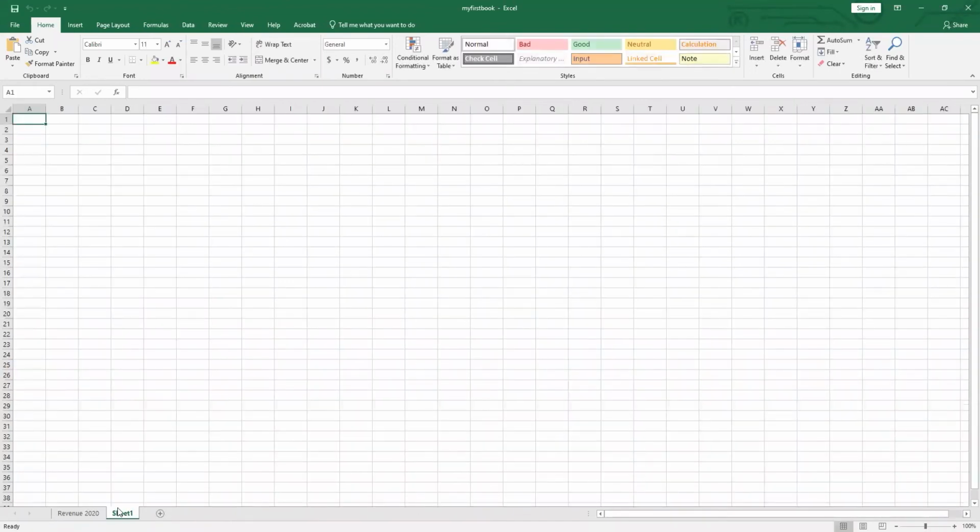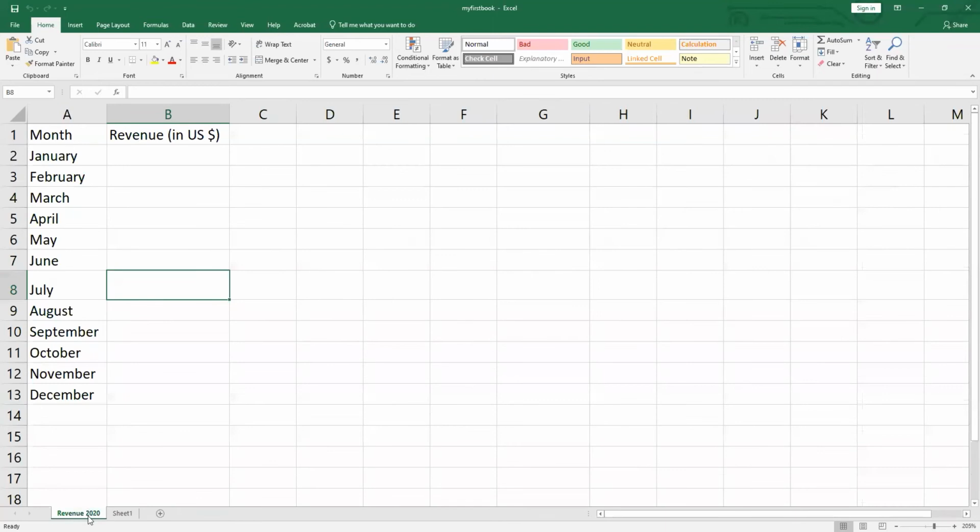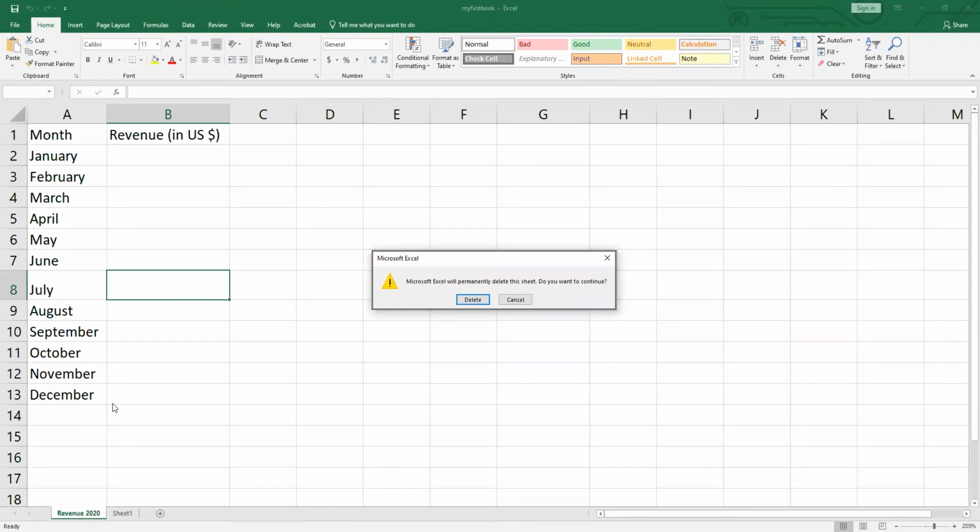Next, if you would like to delete a sheet that you don't want anymore, go to the sheet tab, right click and then choose delete. If it is a blank sheet, Excel will delete it immediately without asking for anything. But if your sheet consists of some data, for example, in this sheet, the revenue 2020, we had the data inside. If I right click and then delete it, Excel will ask you first,